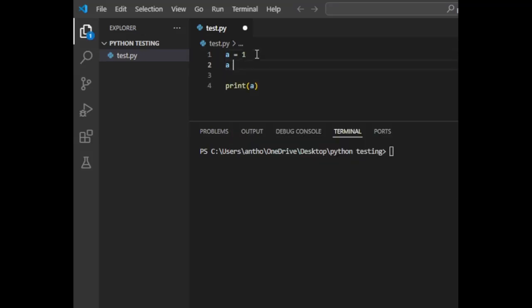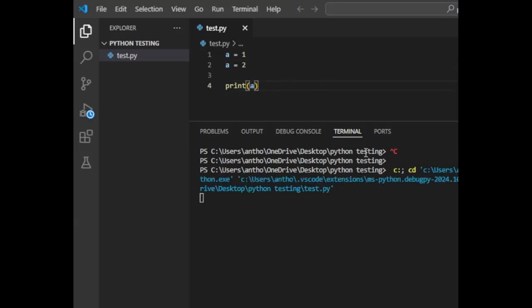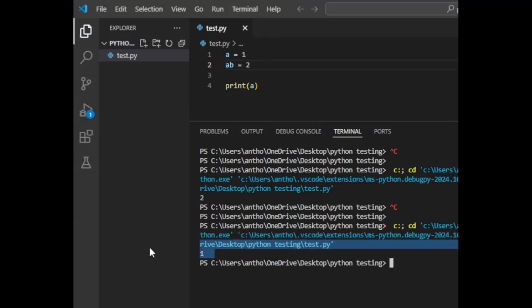titingnan natin kung anong lalabas muna. 2. Why? Because nag-set tayo ng variable in the preceding first set global value A. So, if we were to change the A to AB, ang lalabas na dito is number 1. So, self-explanatory naman ng mga variables, we're only storing data for temporary use. So, next,